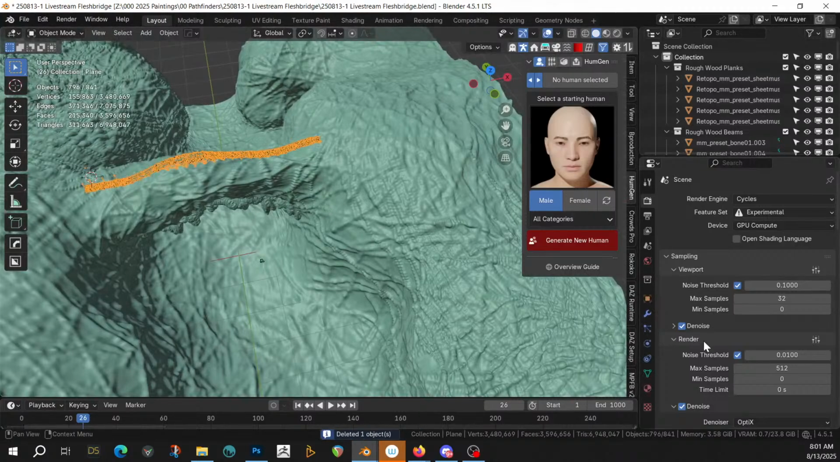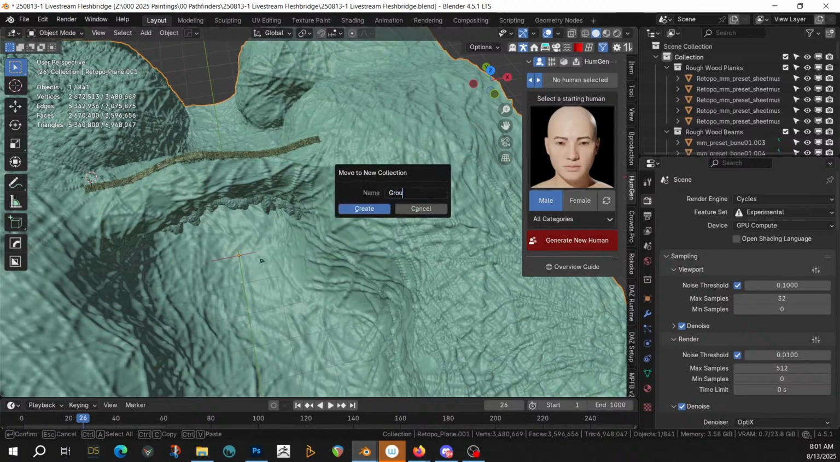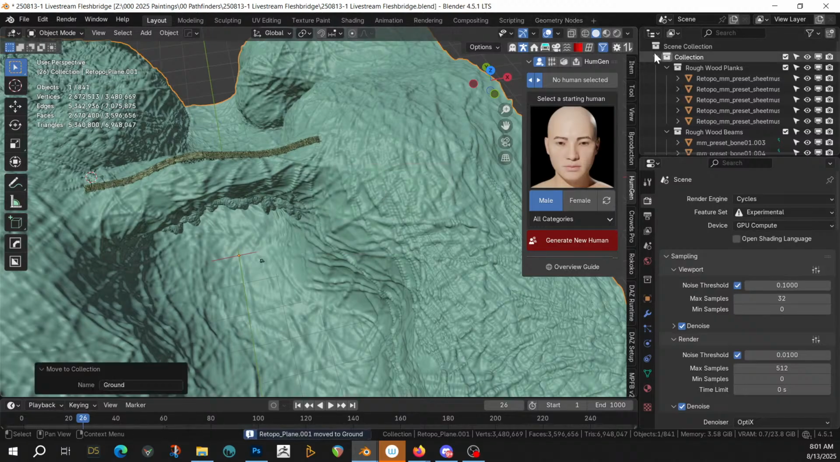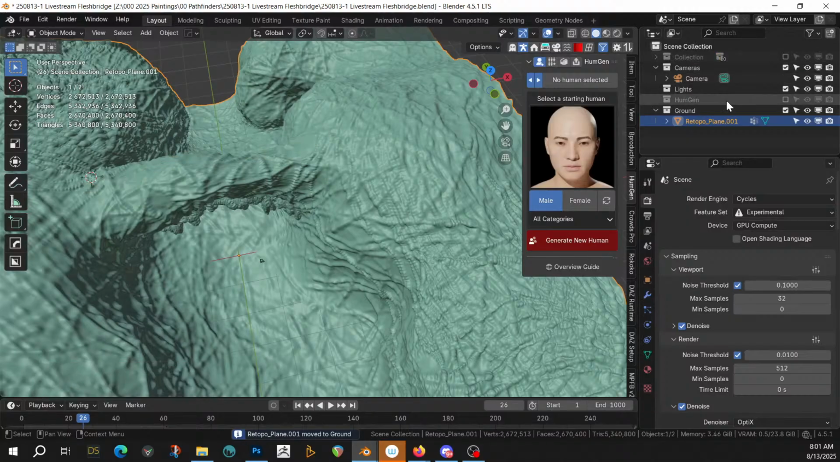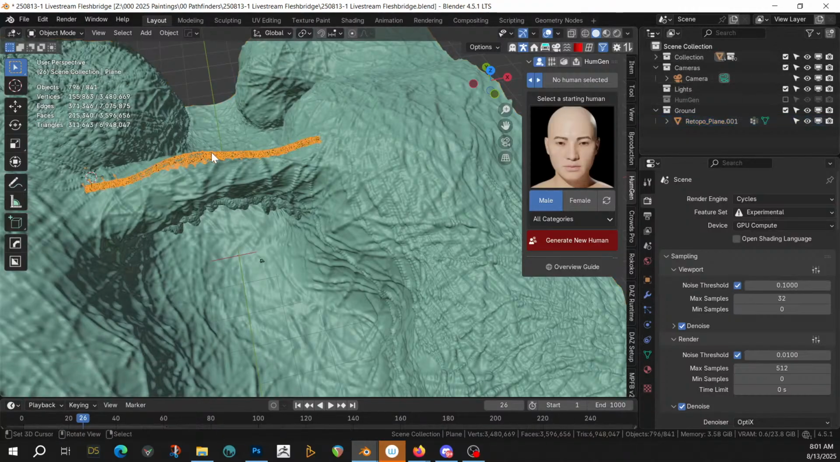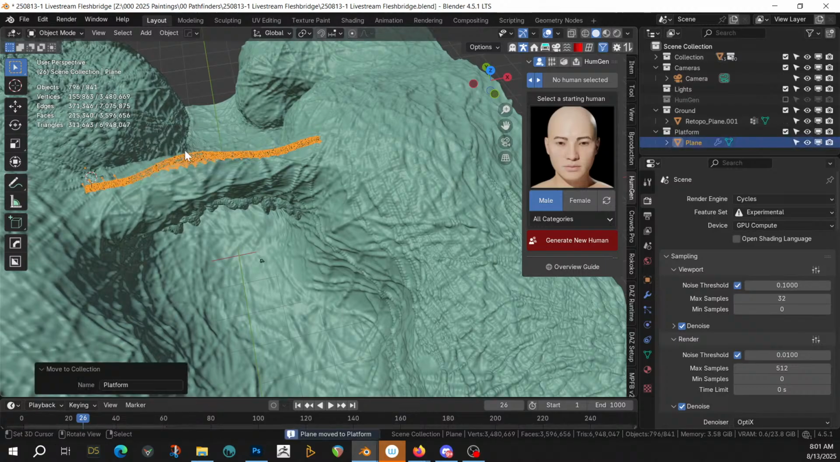This bad boy here now needs, well, this thing, sorry, first needs to move to a new collection, to ground. Okay, just close off the collection, turn it off. This new collection, we'll call it platform. Great, now turn off the collection. Don't have to worry about it anymore. Okay, so platform